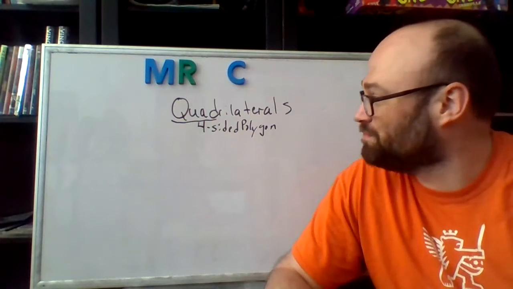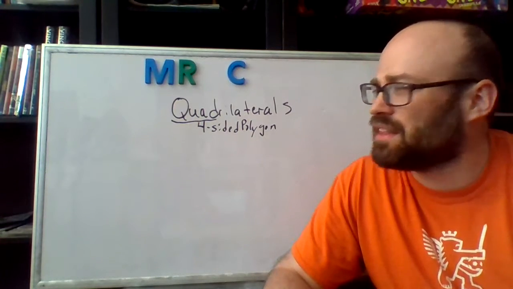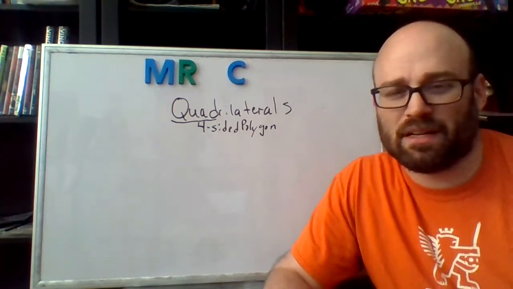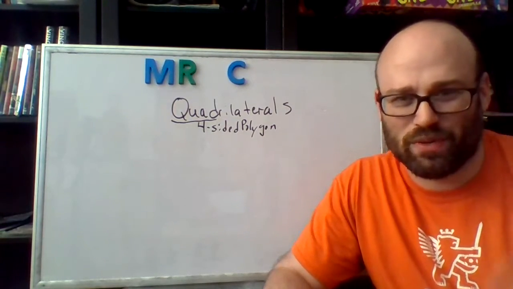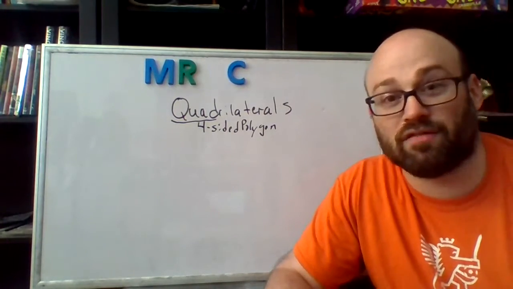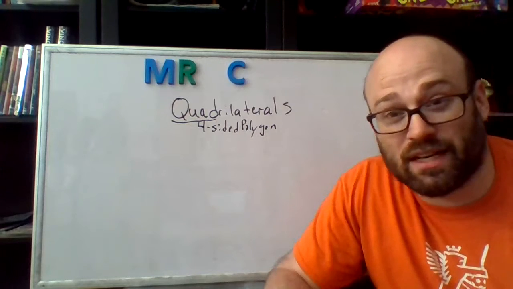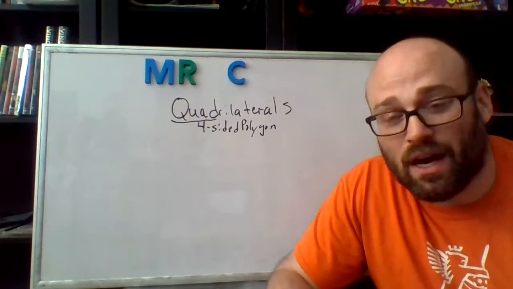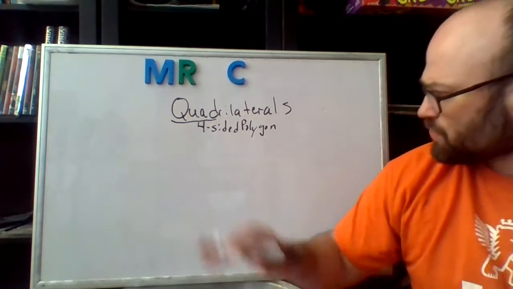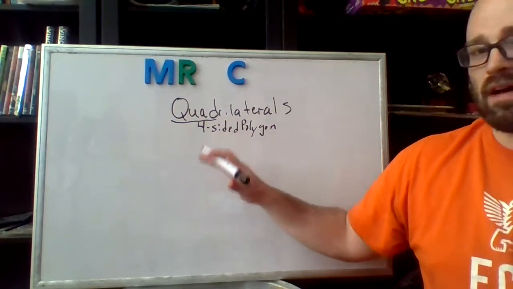I think the first car was called a quad cycle or something like that, because bicycles had two wheels and a car had four, basically bicycle wheels. They didn't have car wheels back then. When they first started making cars, they used basically bicycle tires. So it's a four-sided polygon, and it's a quadrilateral.